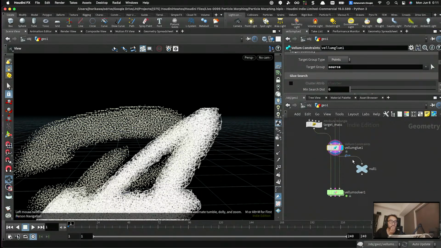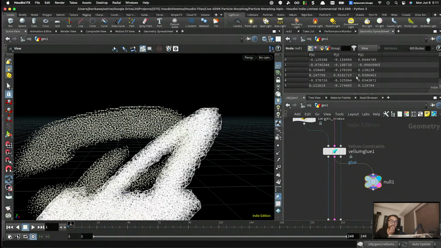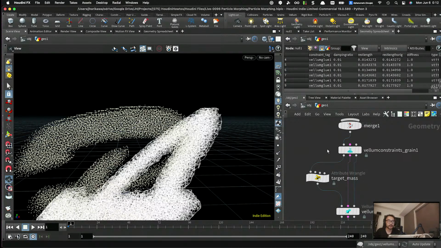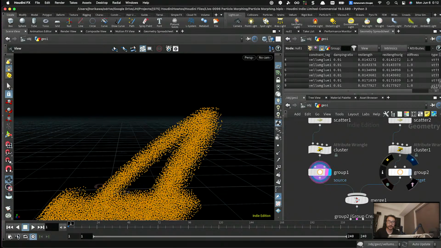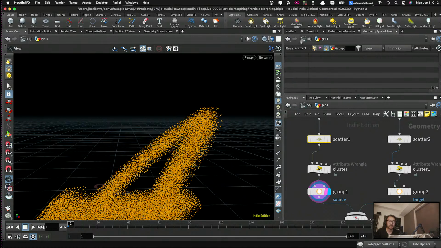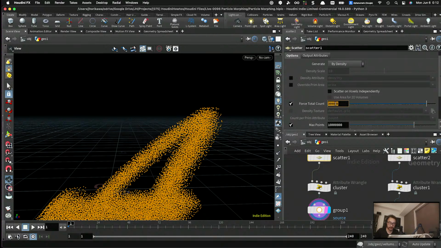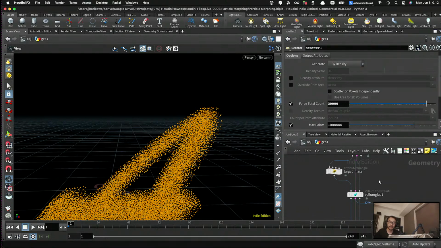Okay, so first of all, the number of constraints that I need, in this case primitive lines or polylines, which look like this, is the same as the number of points for source and target. For this one, the number of particles is defined right here. In this case, 30,000. So let's copy this parameter and make a number of